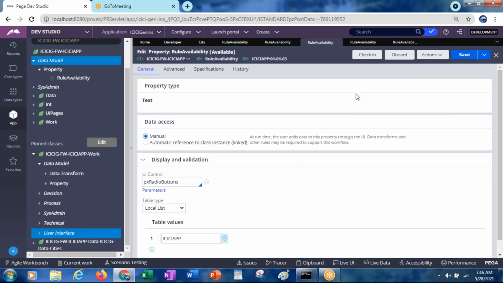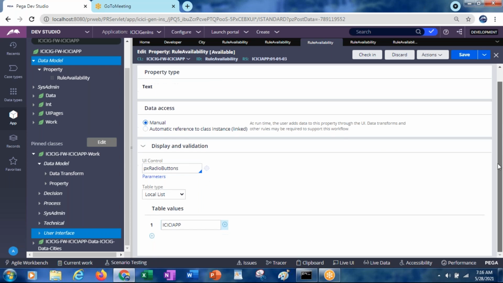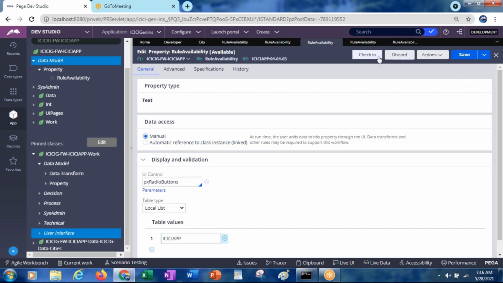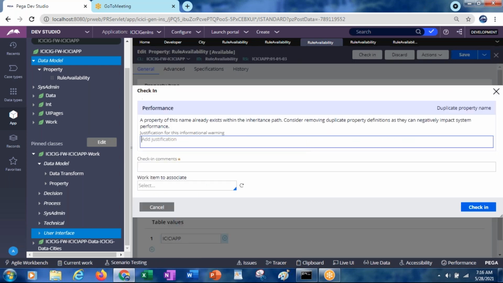Now if you run, it will call this one from the ICICI app. So that is the reason why check in, so that you will understand.